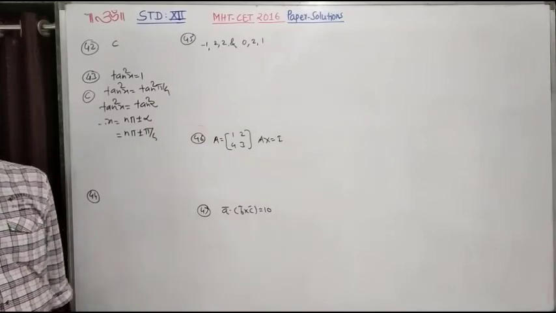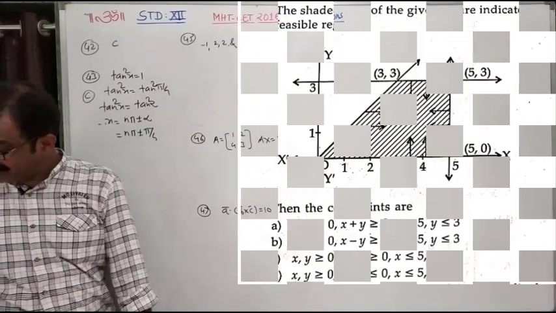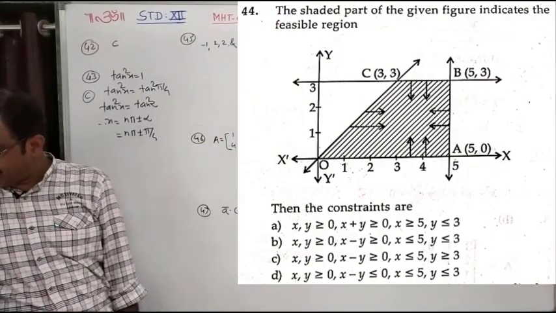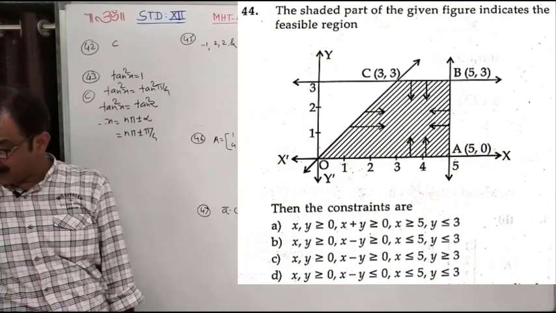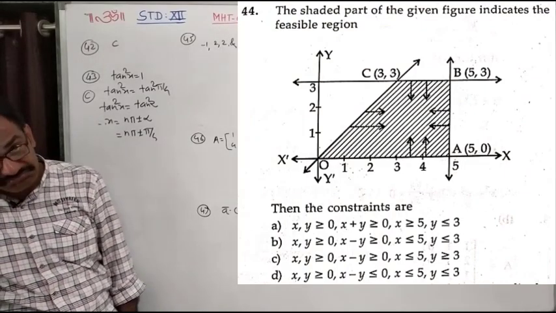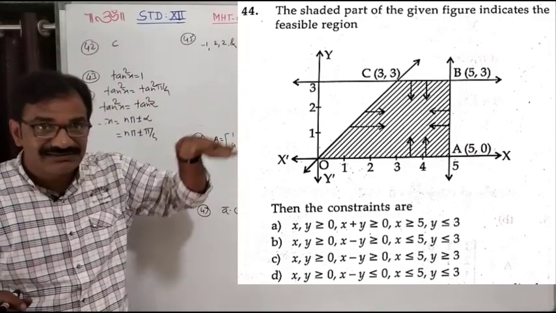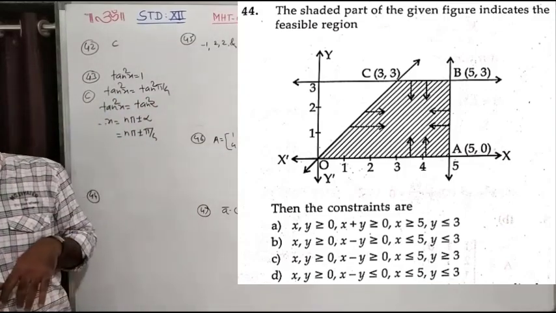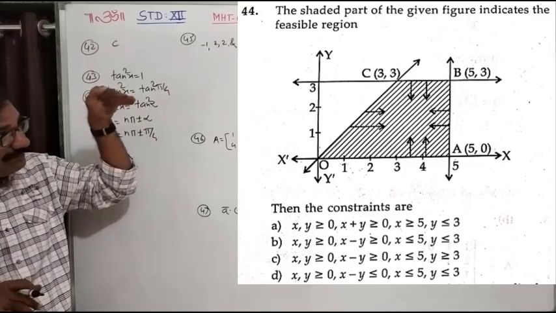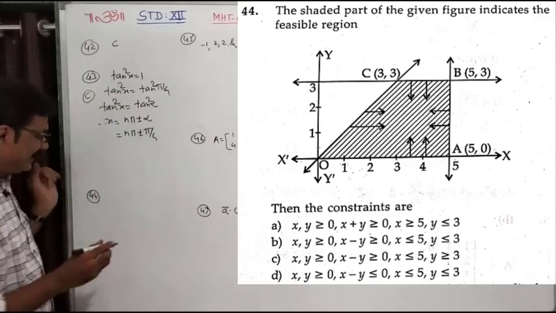See the figure. By the figure, the shaded part of the given figure indicates the feasible solution. The constraints are: look at the horizontal line. It passes through (3, 3), (5, 3). So it represents the inequality